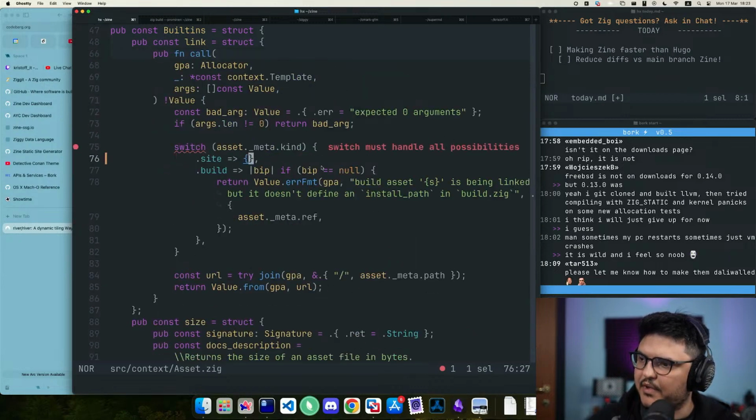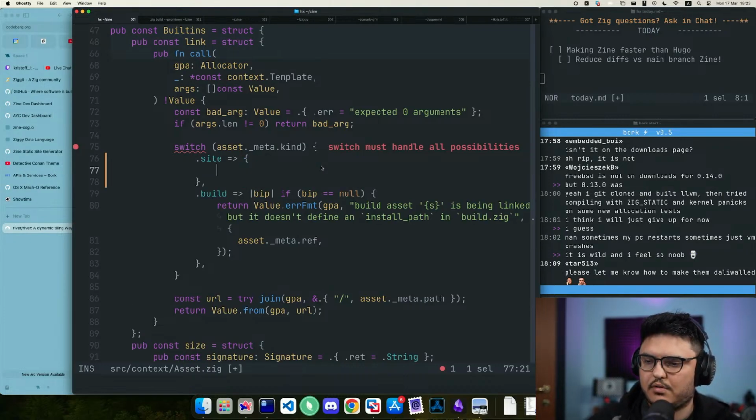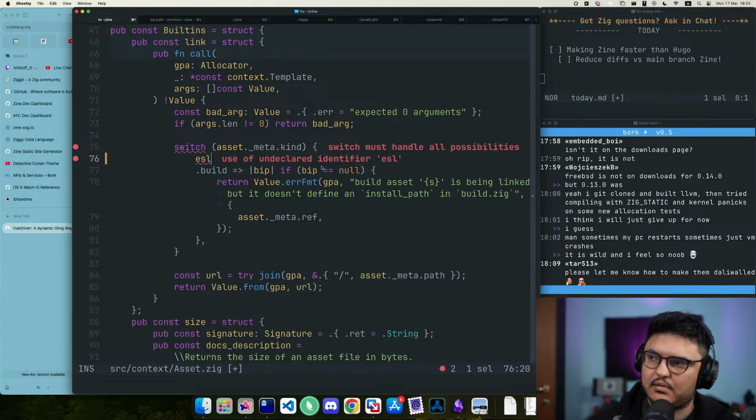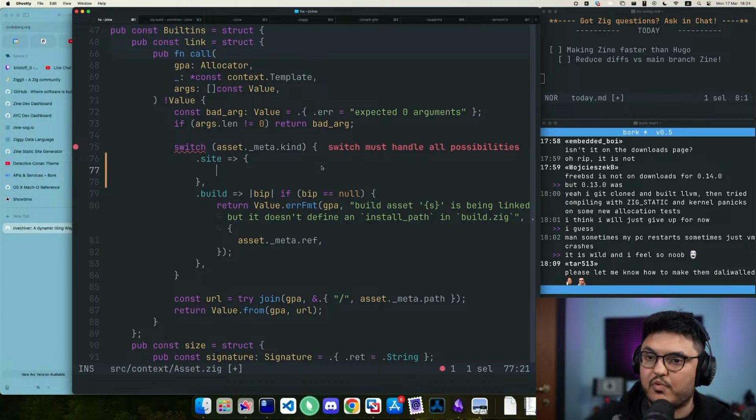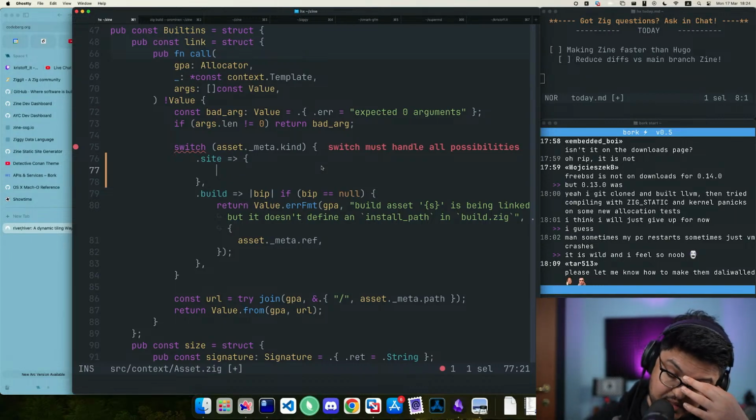Okay, so what happens here? What happens here is that now we basically need to do this. We need to get the asset and increase its reference counting because we're linking it. Okay, so we're doing, honestly, it doesn't matter what kind of asset it is at the end of the day. It's not really, no, it matters, right? Because it depends on where this asset is going to be stored. So if it's a site asset, then we say